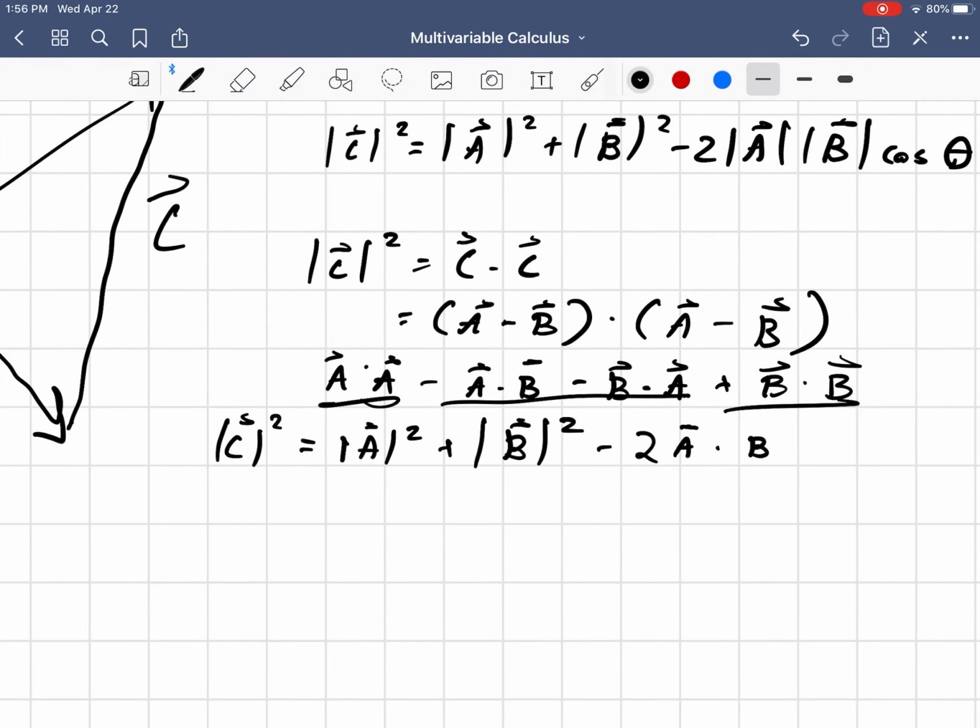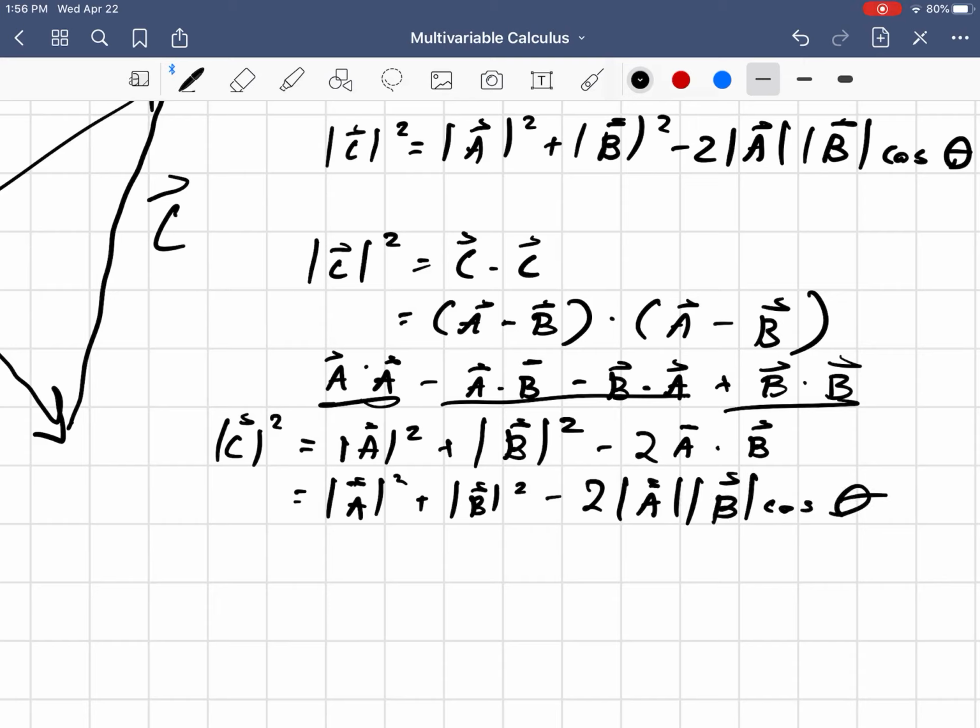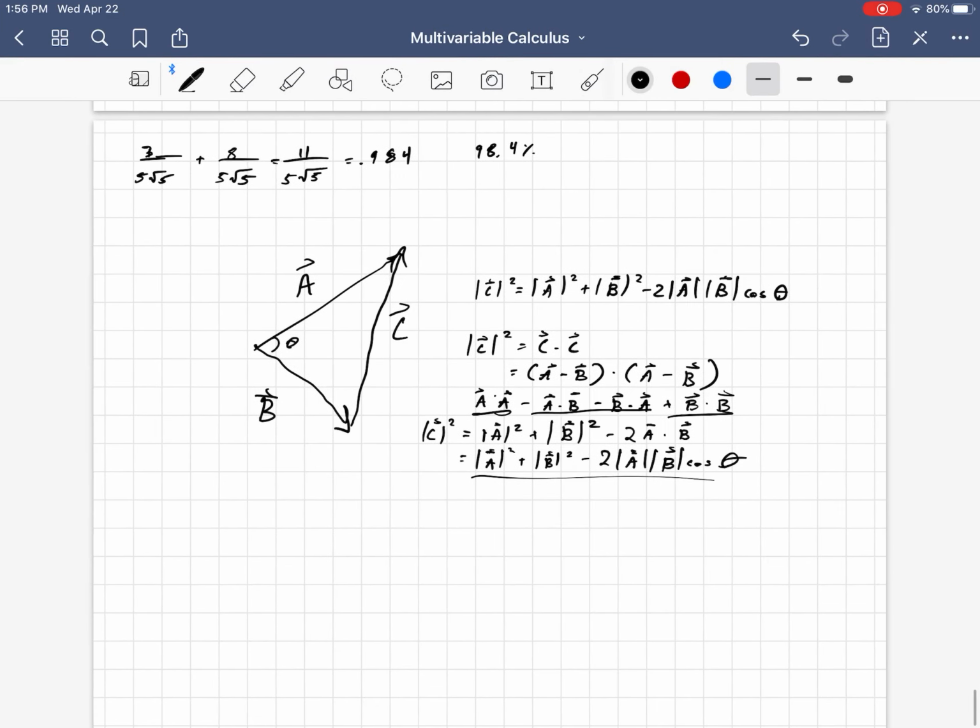And now this is the same thing, so I can make it minus 2 times vector A dot vector B. And of course, that's still the same thing as the magnitude of vector A squared plus the magnitude of vector B squared minus, and now if I use the original geometric definition of the dot product, that's minus 2